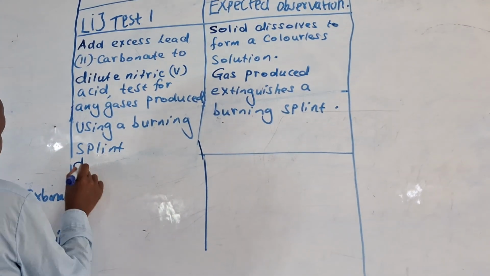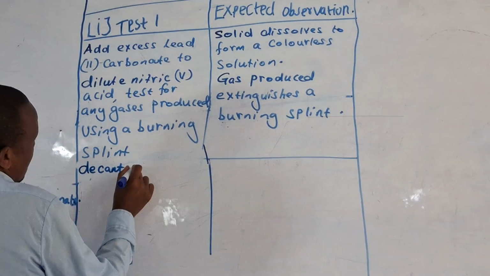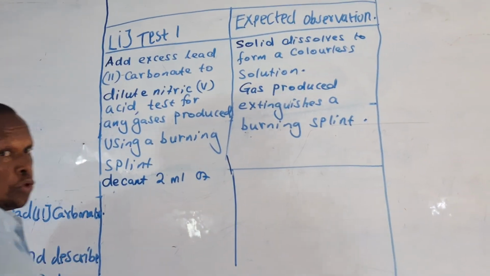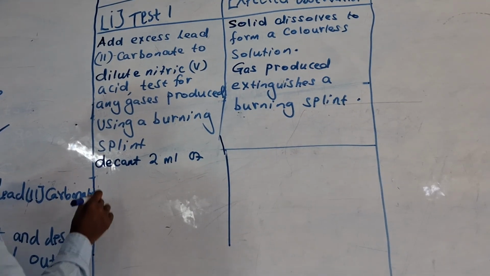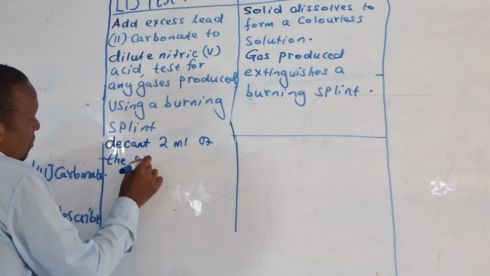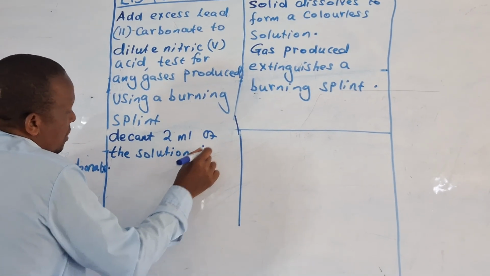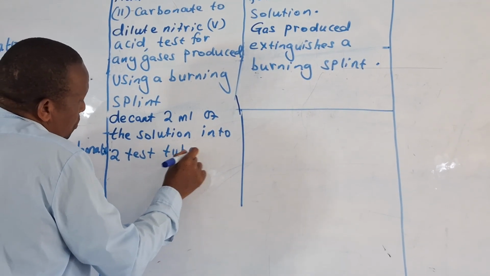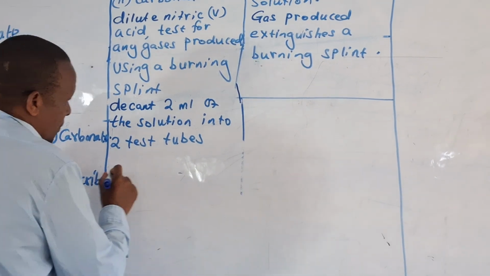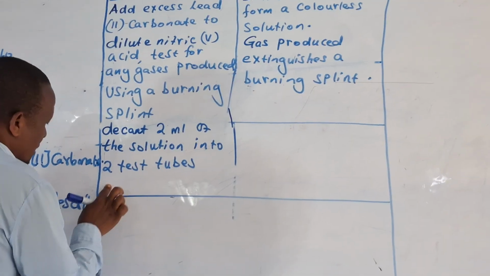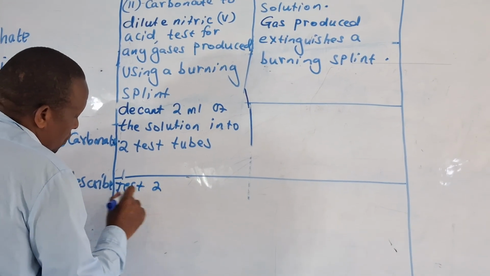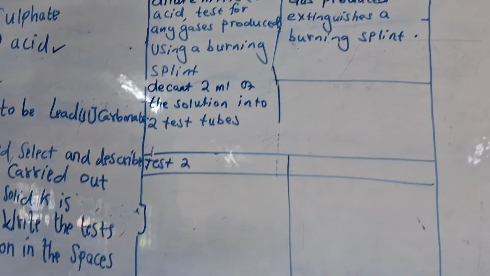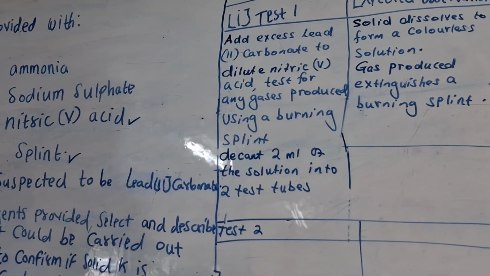So you say: decant 2 ml, that is 2 cubic centimeters, of the solution into 2 test tubes. Then you now go to test 2. What do we do in test 2? We say, to the